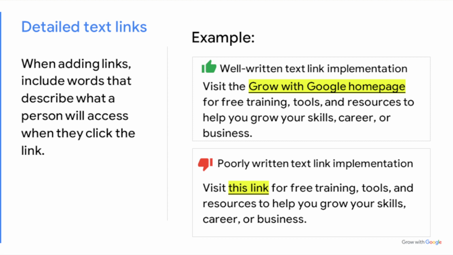So as we look at text links, this is what I mean when you're looking at links. Actually give some explanation, give them context. Remember, content king, context queen. So when I say visit Grow with Google homepage, you'll see me do this when I send out the recording that you're going to get later this afternoon. It'll say make your small business more accessible, replay, handout, and slides, and it will be a link. It won't just say this link,